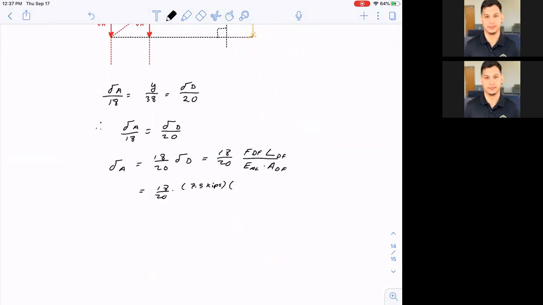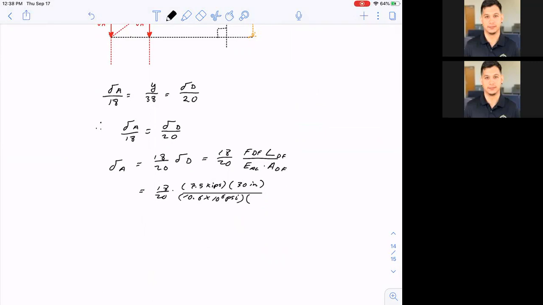The length of DF is 30 inches divided by E, which is 10.6 times 10 to the 6 PSI,